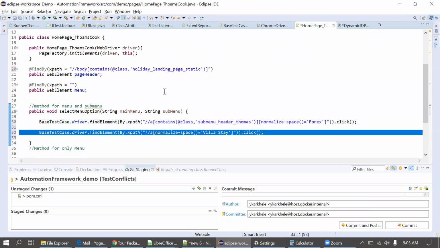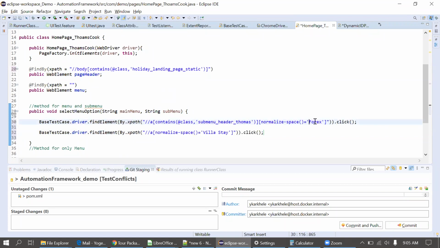Now I'm replacing this forex and this villa stay with our variables. I'm copying this menu. Instead of forex, I will put the sub menu here. So whenever I'm calling this method, I have to pass the menu and sub menu, and that particular sub menu will get opened.